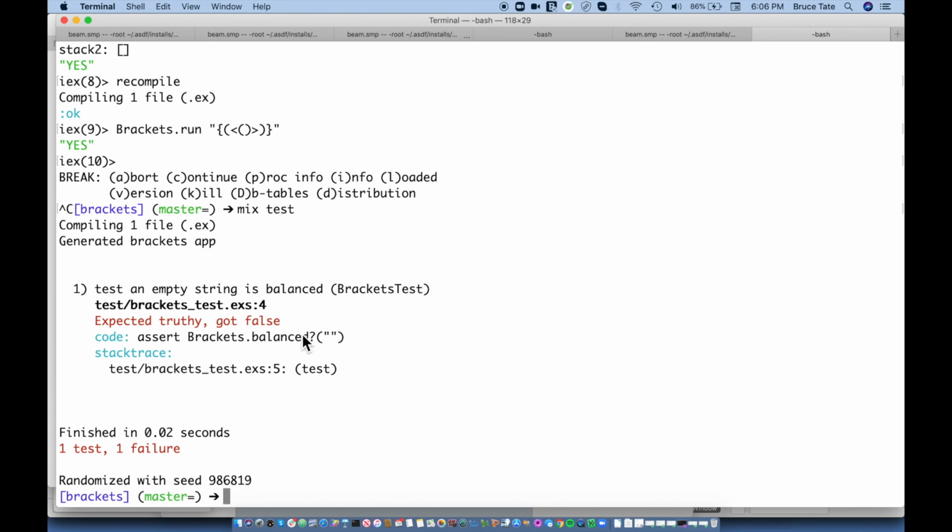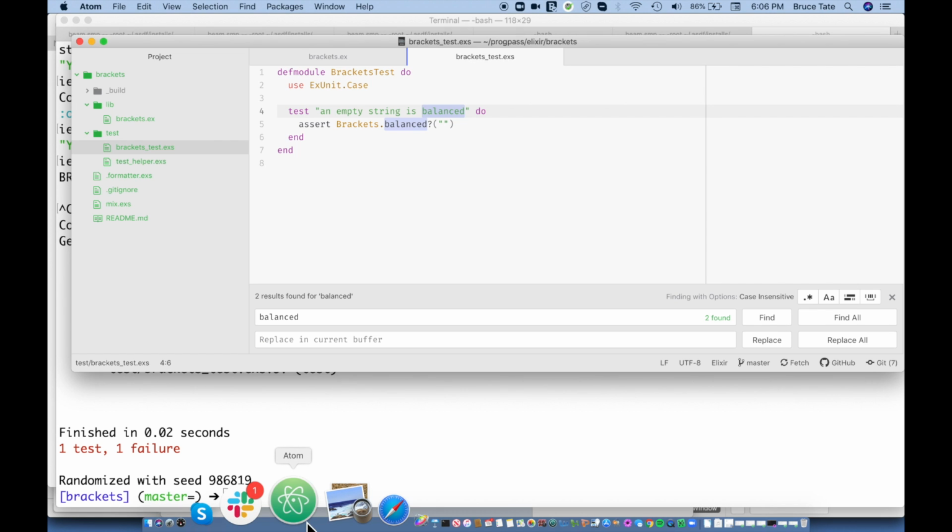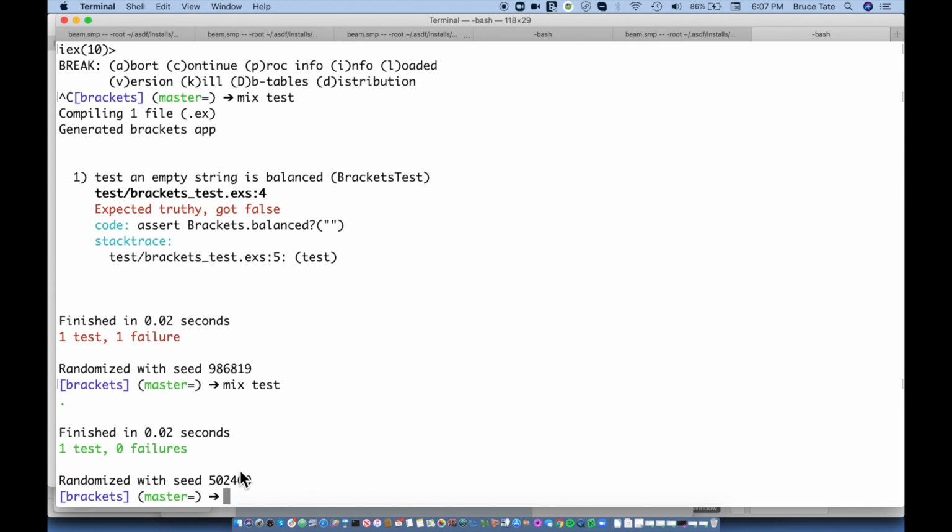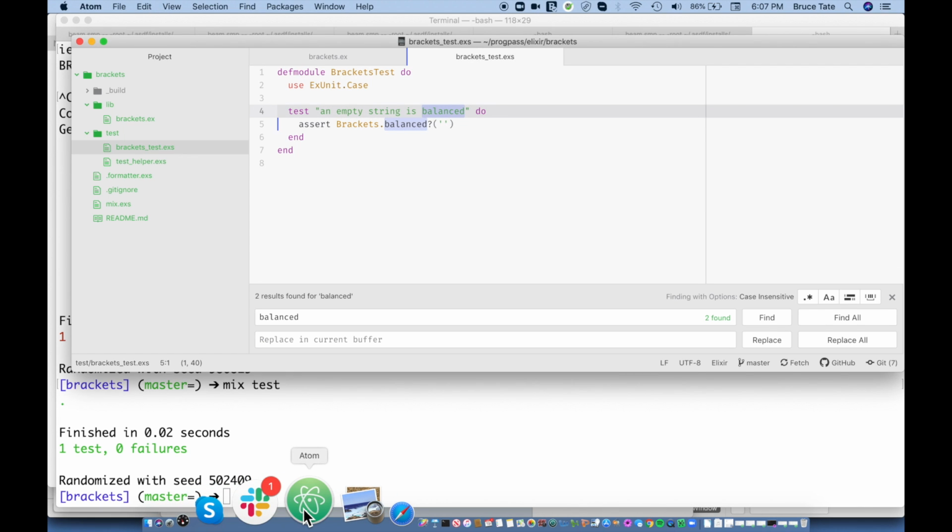Assert balanced an empty string. Oh no, that needs to be, this is a char list, right? So let's see. Yeah. And so now I could say, so a list with remaining, right? So if I have something like this, and this will be refute,